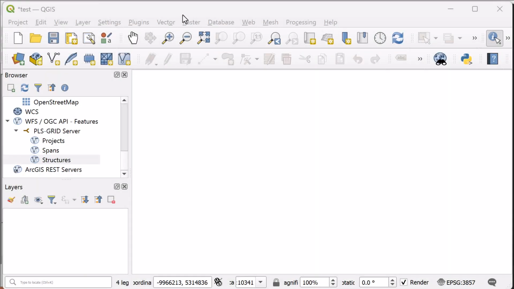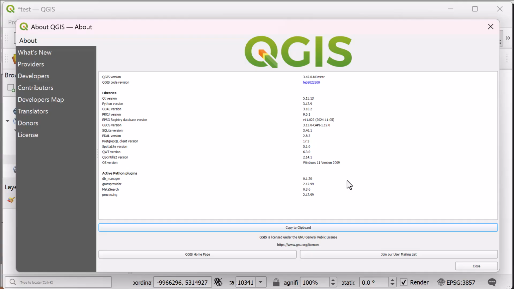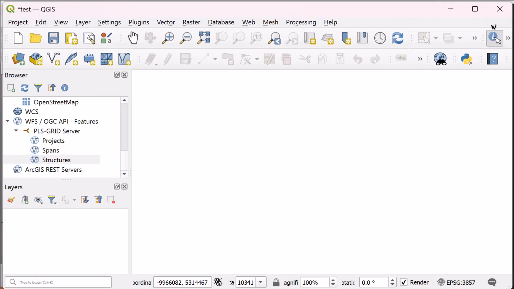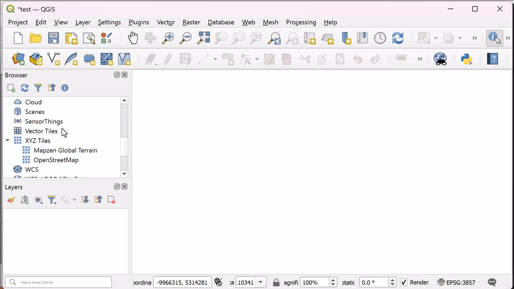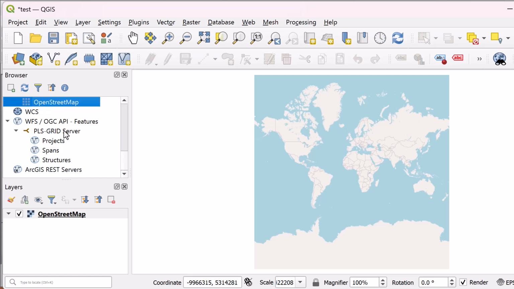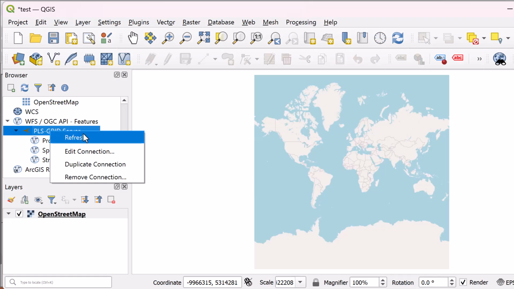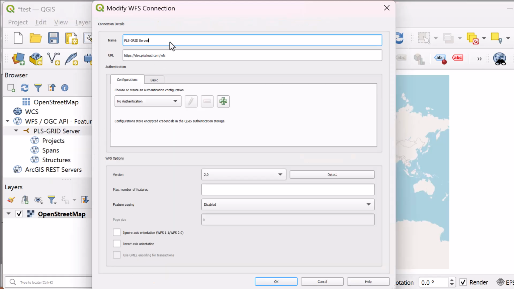And now let's move on to GIS. We're going to use QGIS for this application. It's a free application that has WFS capabilities. Add some open street maps to our map view. Let's enable our new connection. Actually, we have already done that, so we're going to edit our new connection, show you that we have enabled the QGIS to talk to our PLS Grid server,